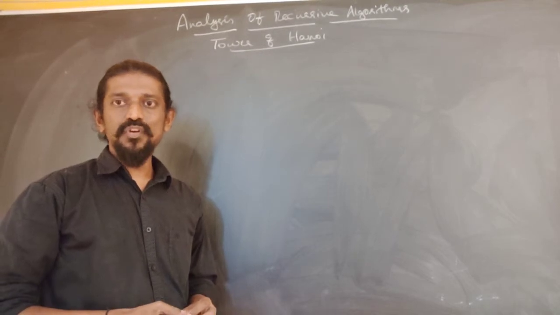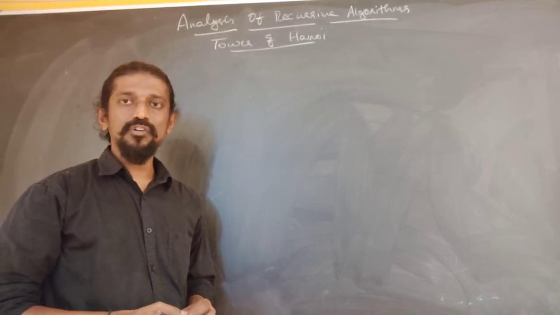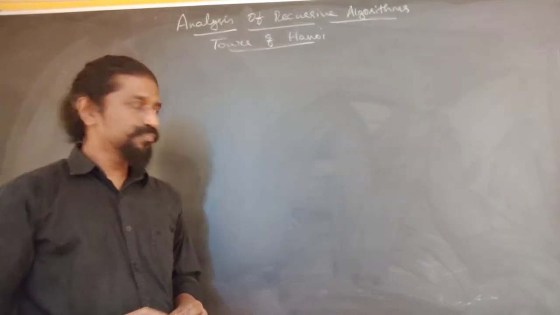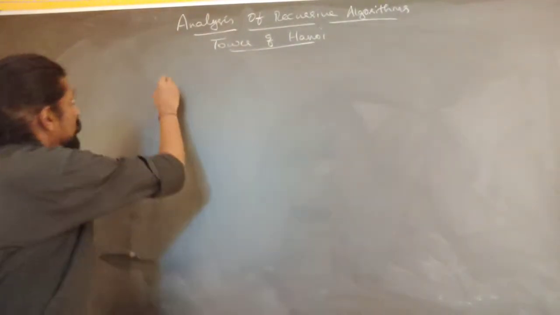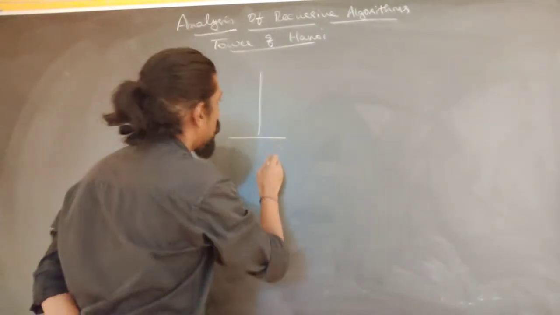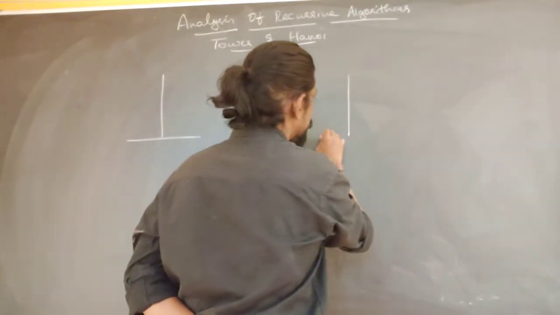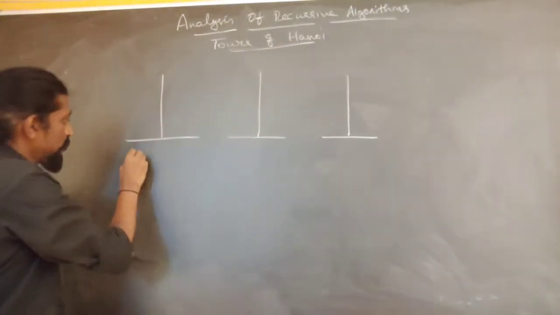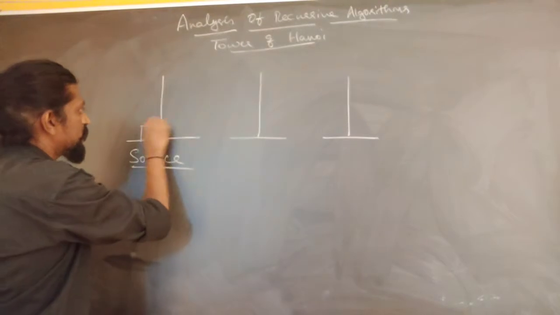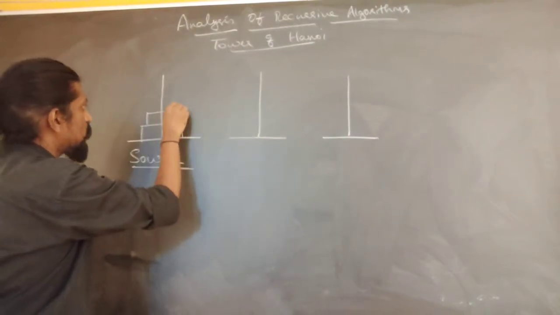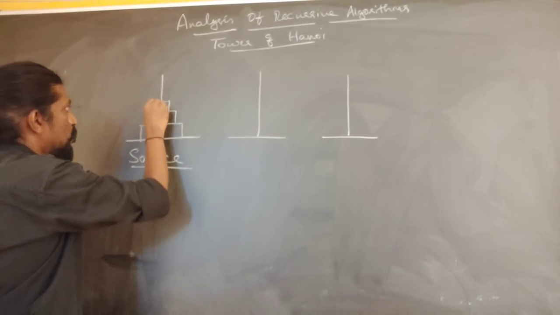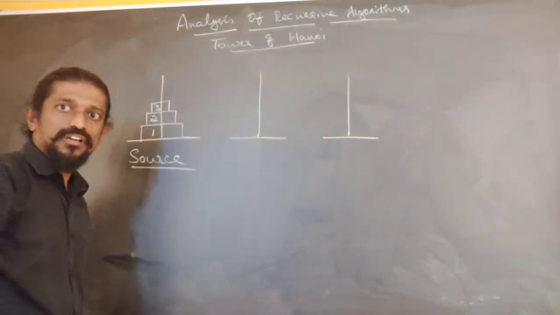Tower of Hanoi puzzle, also called as the Tower of Brahma or Tower of Lucas, was formulated by French mathematician Lucas. In the Tower of Hanoi there will be three towers or pillars or pegs or poles, and one of the pegs called as the source peg has n number of discs placed in the decreasing order of their diameter. Let us number these discs 1, 2, 3. Let us consider only 3 discs for the sake of understanding.